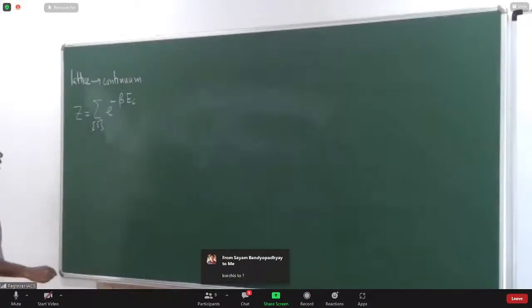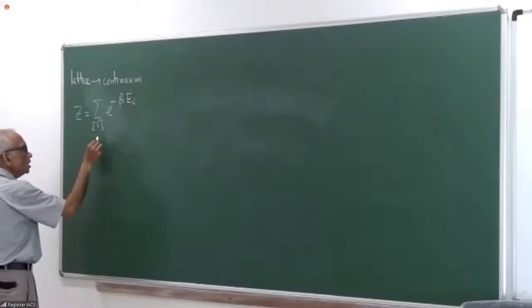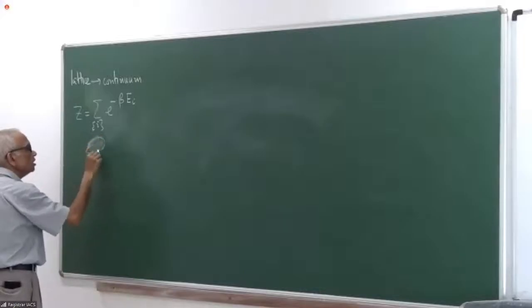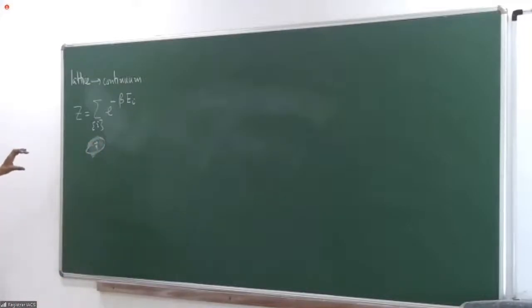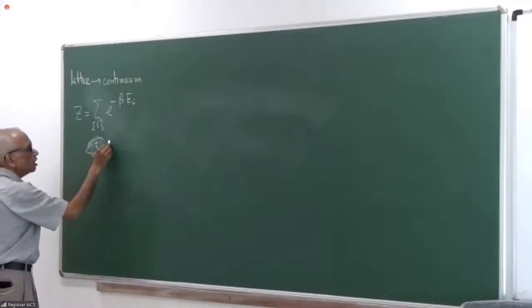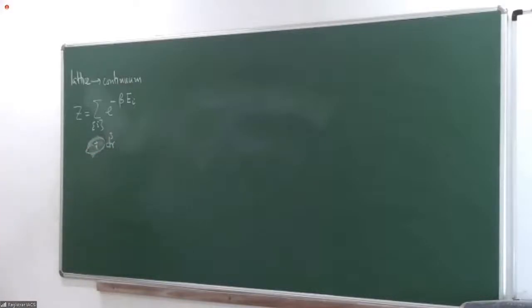label i, and we wanted to make a transition to a continuum description where we talk about a small region around a spatial point R. This region has volume d3r. In this volume d3r, there are a number of